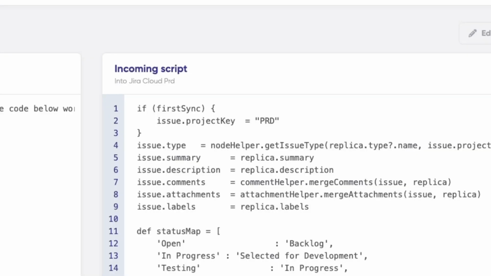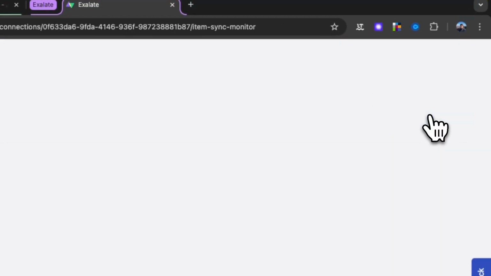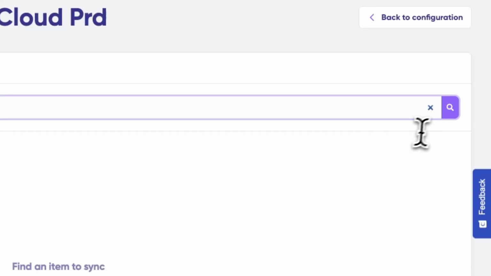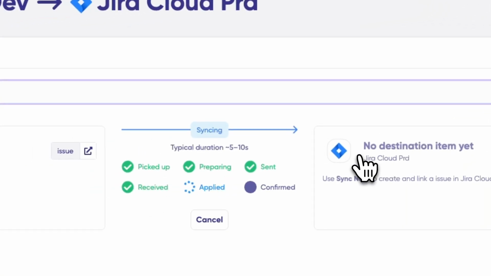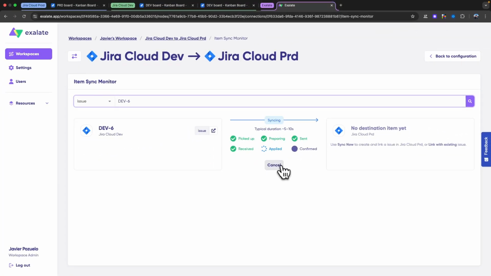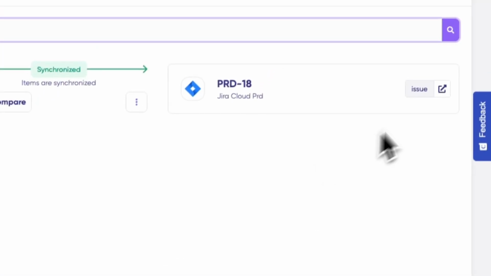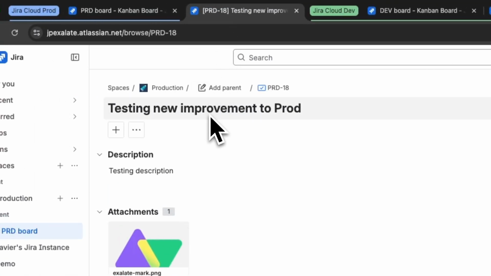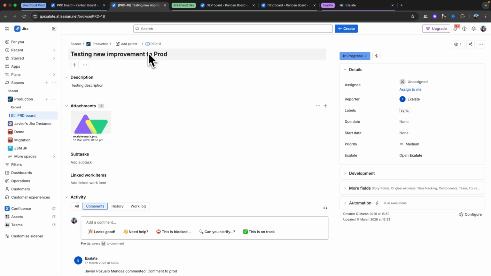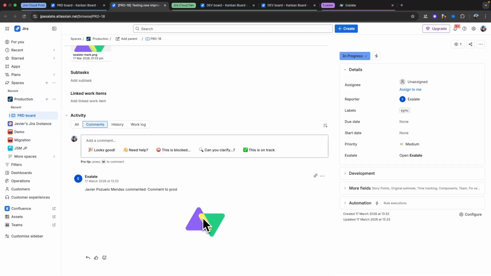Let's grab the issue key. Let's head over to the item sync monitor. And let's search for our issue. We can see that it was already picked up by our trigger and it's currently under sync. So it should be created in just a couple of seconds. And we can see that it was just created. So let's take a look at our issue from the production project. We can see that it was created with the correct title, description, even the comment with the inline image,